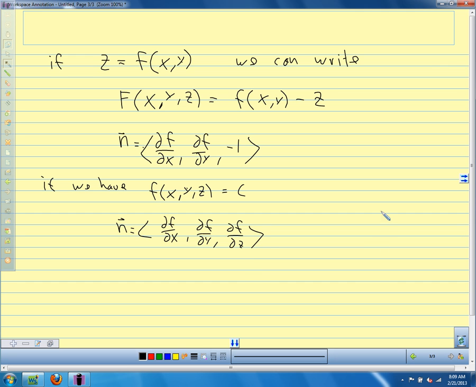So these are going to be our normal vectors to a surface at any particular point. If we have our surface defined as z equals f of x y, we can just rewrite it: f of x y z is f of x y minus z. We can find our normal vectors. And we can use these normal vectors to